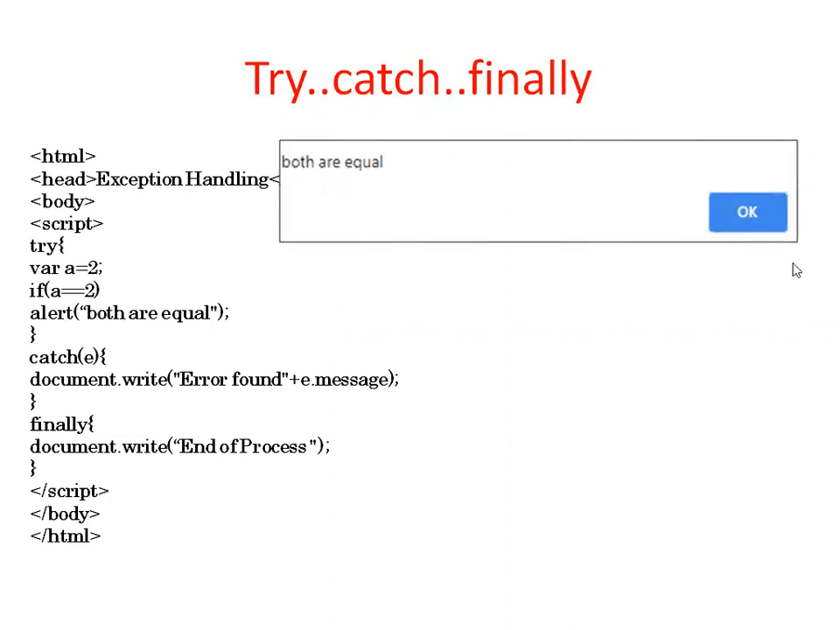Let me see the alert box. This is the alert box. The alert box has the OK button. Always the alert box has only one button. The name is OK. And here we are displaying the alert box with the text both are equal. Once you click that OK button,